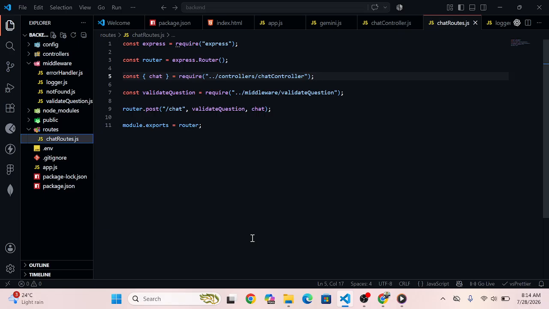So in this video we will talk about how to integrate the Gemini API into our backend. For that, first we have to look at the route folder. In that route folder we have the chatroute.js file. You can see I am requiring express, then I'm using the router function,